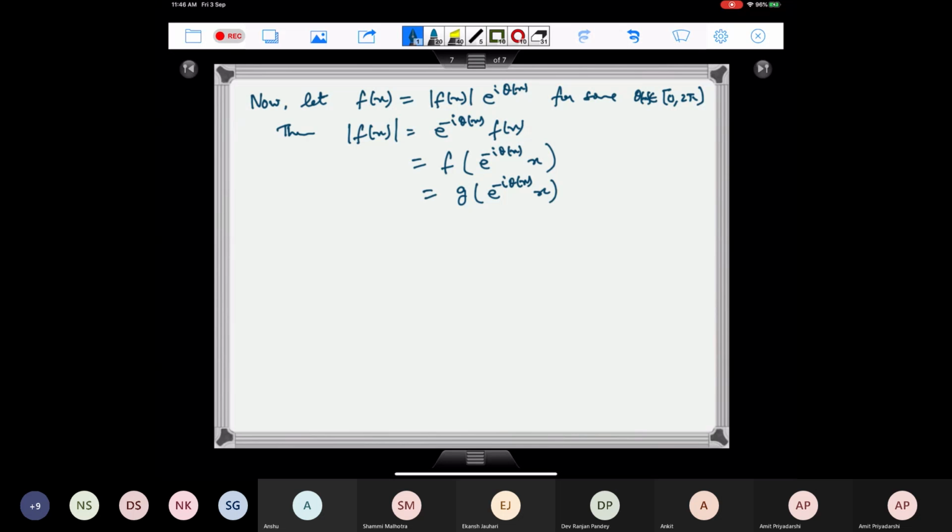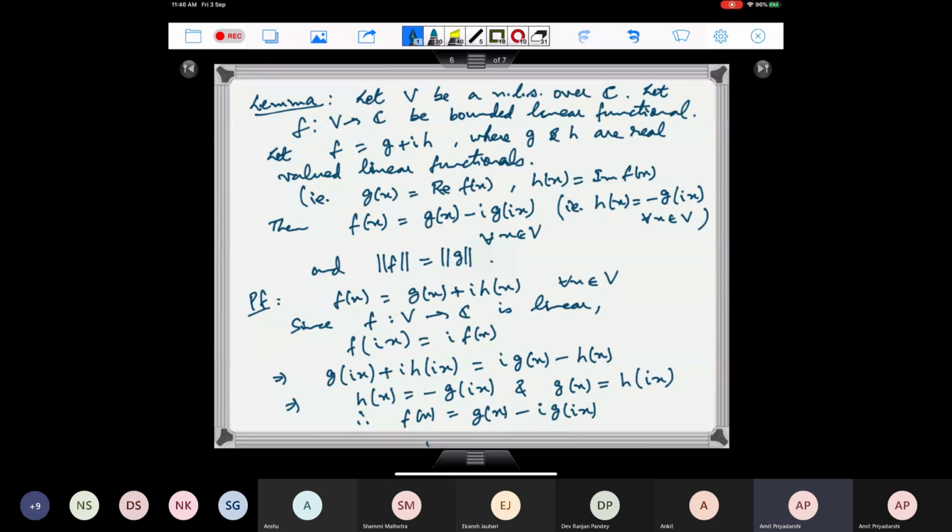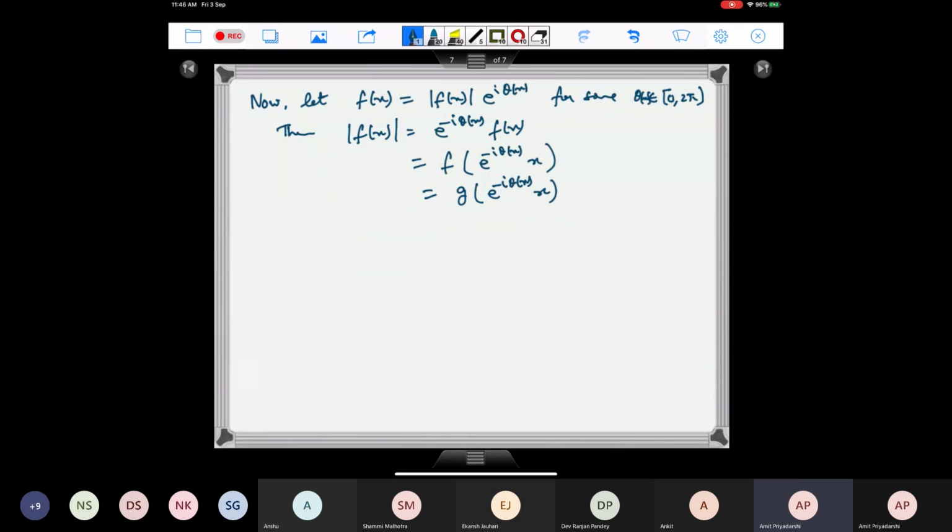So this is because, you see, what is f? f of x is g of x plus iota times h of x, right? So f has a real part and an imaginary part. But here I am saying that this is only equal to the real part of this. So this is because